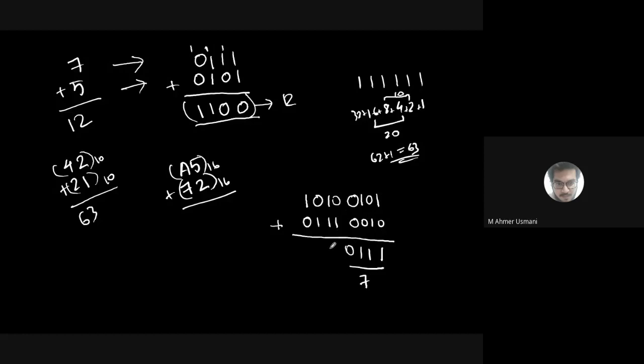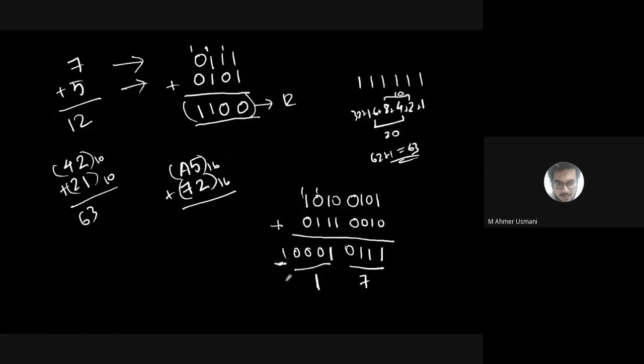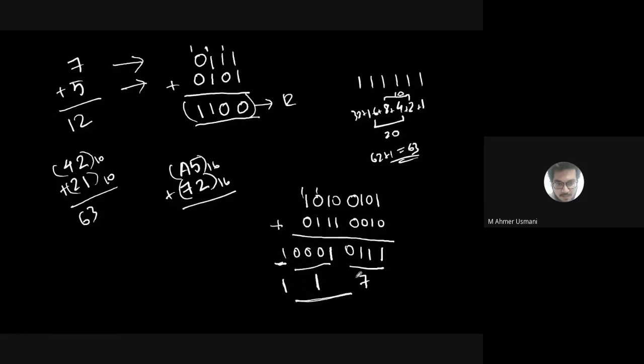And then 0 plus 1 is nothing but 1. 1 plus 1 is nothing but 0, carry 1. Then 0, carry 1. And then 0, carry 1. So what we'll get as the output? What is this? 0. It is 1. 1. And you'll get 1 as the carry. So ये क्या हो जाएगा? It is 117. This is what you'll get as the answer. Is this clear?